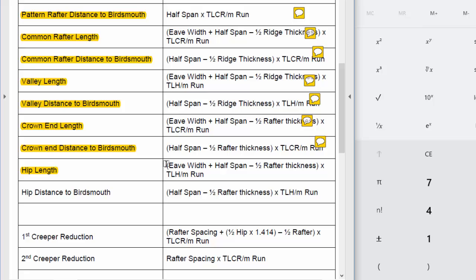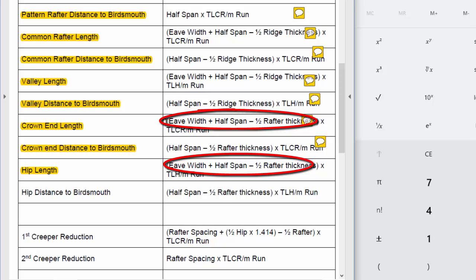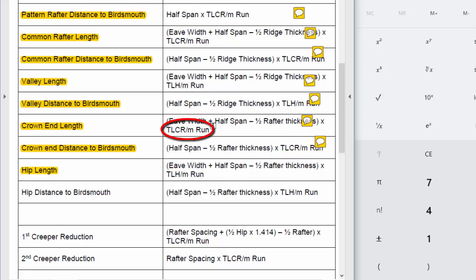The next calculation is for the hip length. So when you look at this calculation for the hip length, it's the eave width plus the half span minus the half rafter thickness. So that's the run for the hip. And what you'll notice is the run for the hip is identical to the run for the crown end. So once you determine the run for the crown end, you can use that same run to determine the length of the hip. The only difference being that instead of multiplying it by the true length of common rafter per metre run for the crown end,